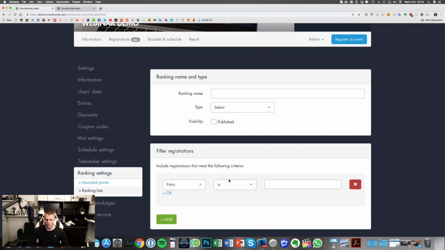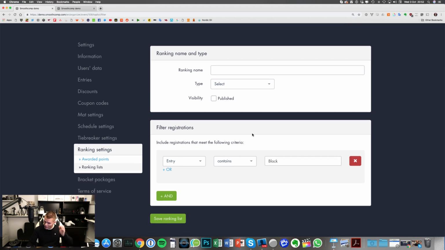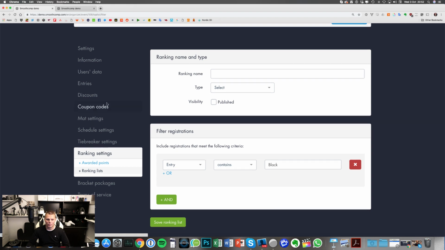Then I would click entry, say that the entry contains black, and that would give a list with all the black belts in the tournament. And that represents the text you put on your entries. So if your entry is called black belt, then that's what you're gonna choose.